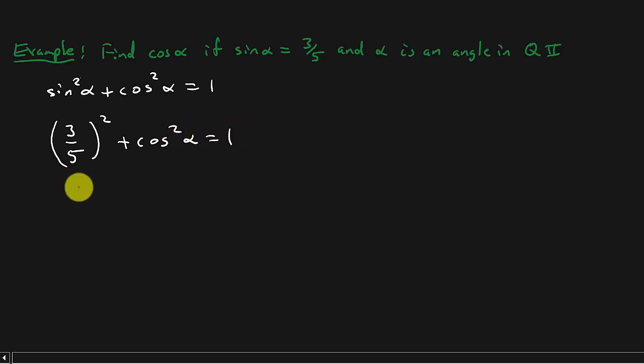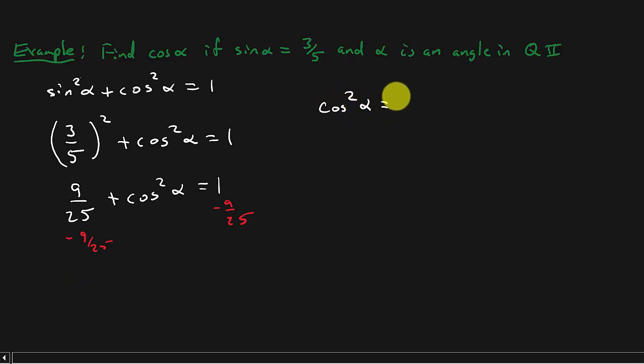So this is going to give me 9/25 plus cosine squared alpha equals 1. And then what are we doing here? We're subtracting 9/25 from both sides. And so we get cosine squared alpha is equal to